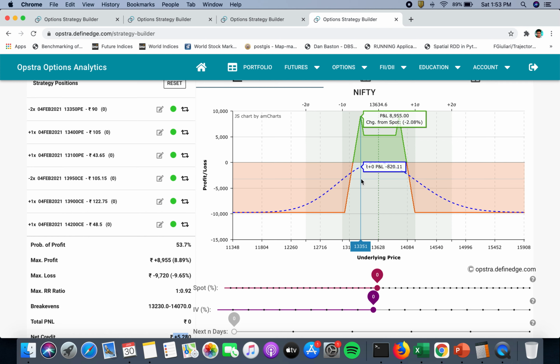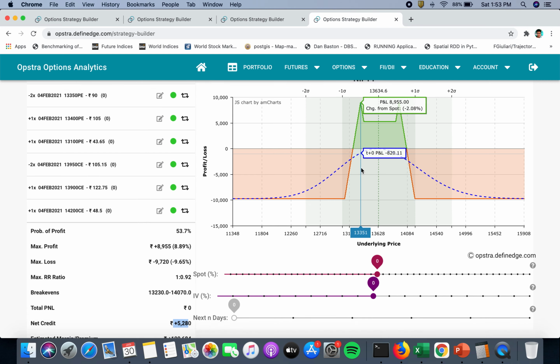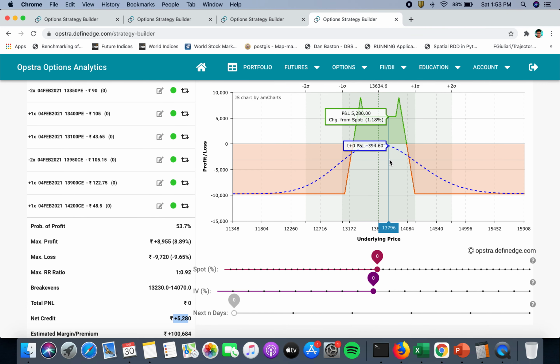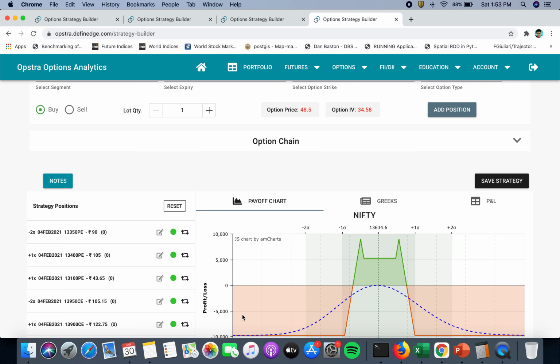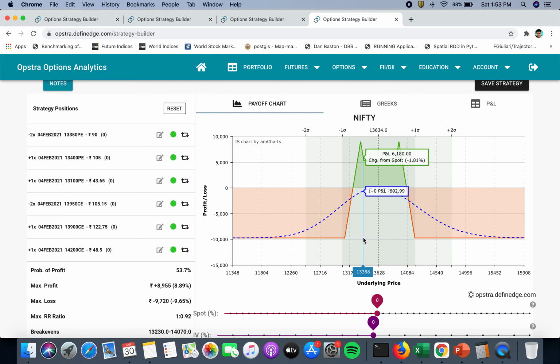Again, if you see that we have a really great range, and the best part about this one is that if at all, luckily Nifty expires at around 13,350 or around 13,950, you are going to end up with a great profit. And even if we are ending up here somewhere around 5280 profit and we deploy a capital of 1 lakh rupees, so we are making 5% in a week, and I think this is a really good return. Ideally you should aim for 1.5 to 2% a week. That is more than enough, but I think if you're getting this, this is really great. And again, for this middle part also, you have a wider range, so I think this can work really well for you. So I guess these are the four variants that I discussed.